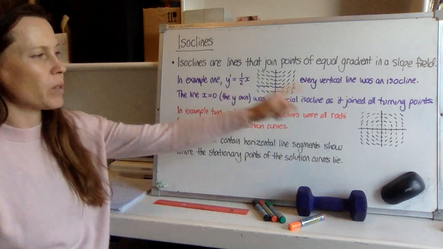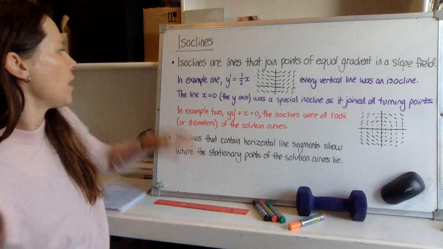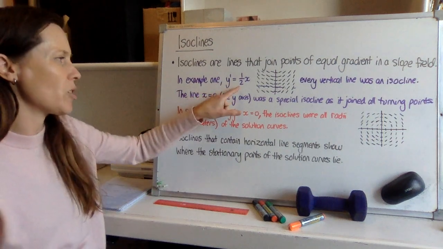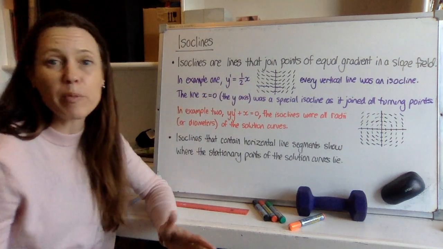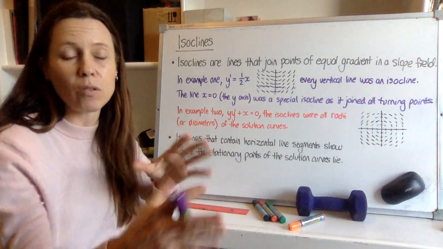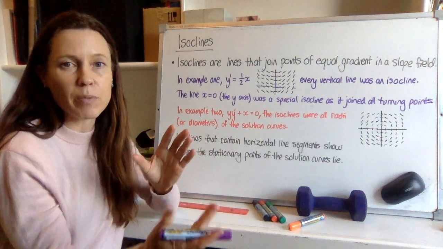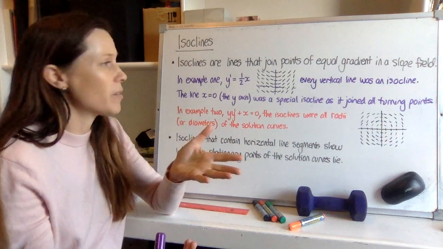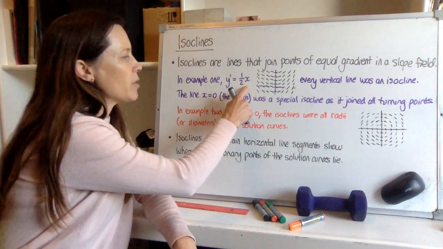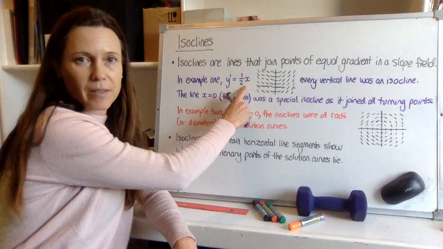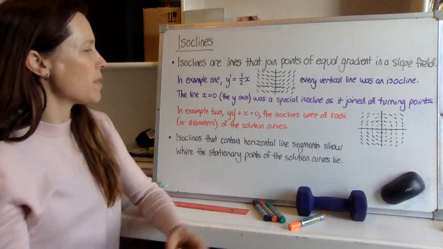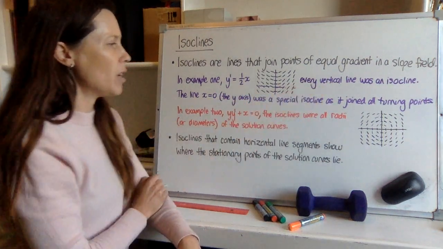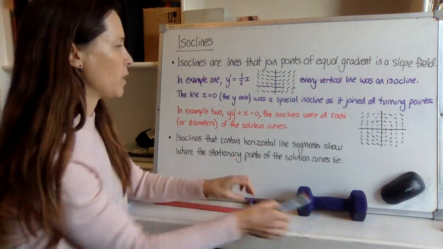So in our first two examples in the last video, our first example had y dash equals half x. And remember, we didn't bother even drawing out the whole grid of all the gradients because we realized that all the rows were the same. Now, if all the rows are the same, then it actually didn't matter what the y value was because there was no y in this equation. And so what it meant is that basically every single vertical line was an isocline,